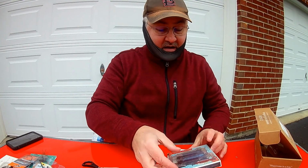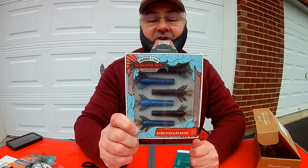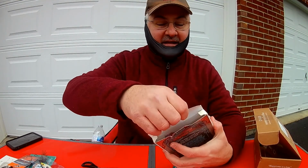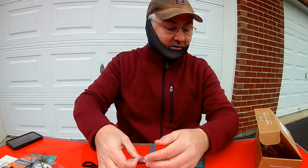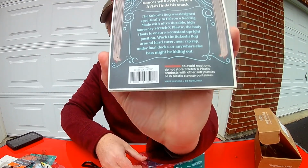But that's certainly something that looks like it can be fished year round. And then finally, and this is probably the one that I'm the most excited about in this box, is the Sukoshi Bug from 10,000 Fish. It is made with the Stretch X plastic. It is the 2.5 inch, and it's a really cool color combination here. I think on the back here it says blue craw,